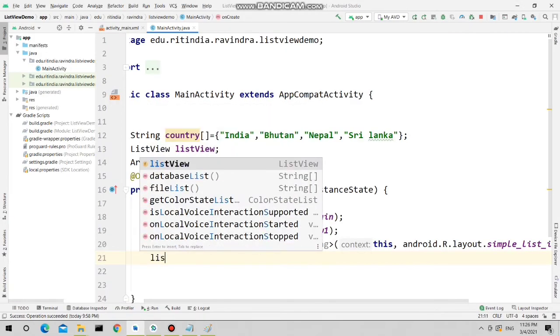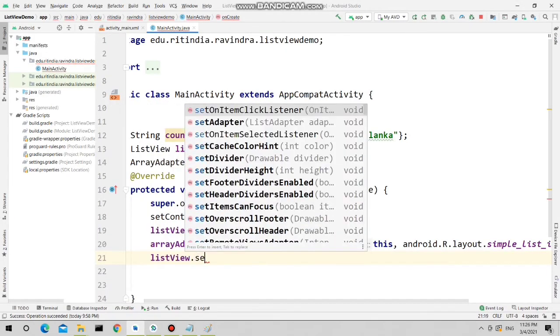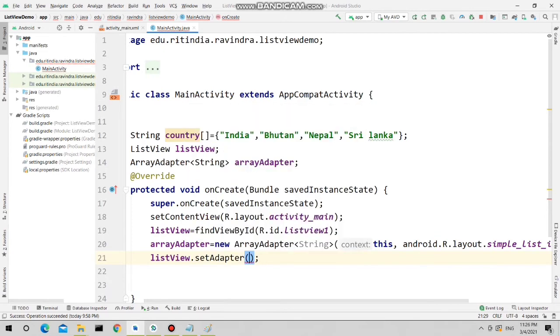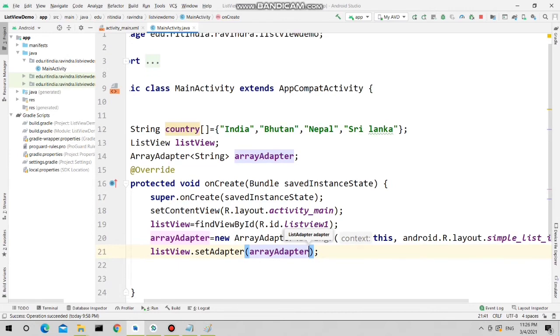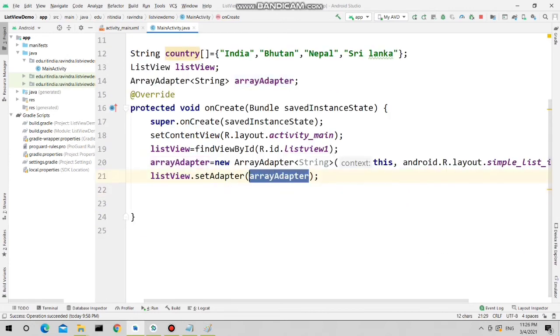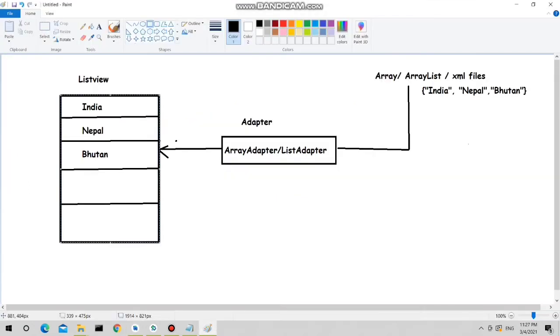You need to call setAdapter on the list view and give the array adapter. So your array adapter is now connected with this list view, which means these countries will be added to the list view.